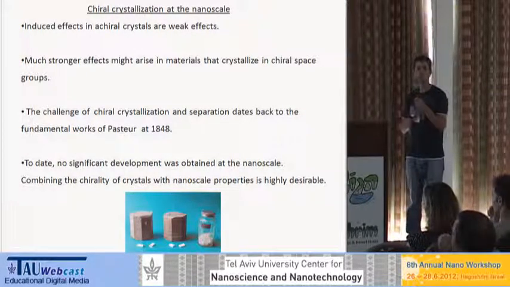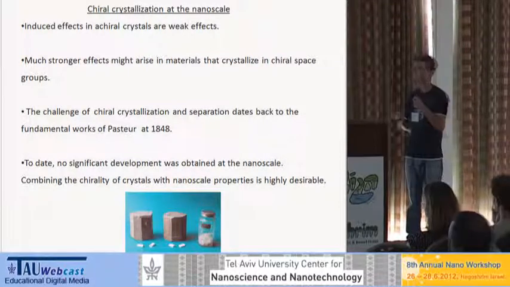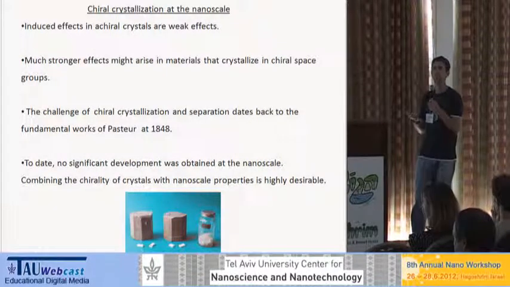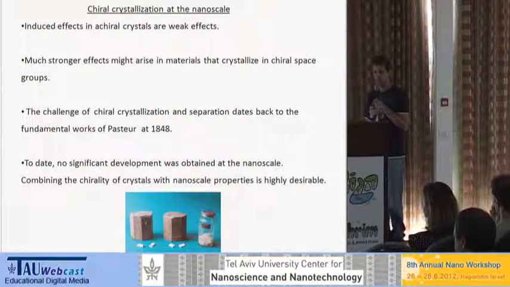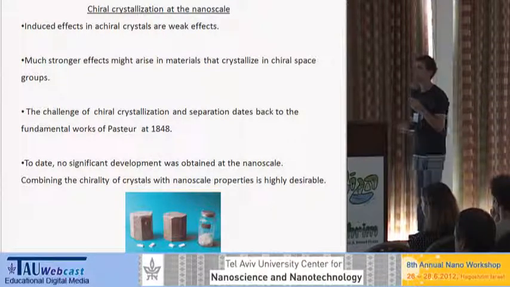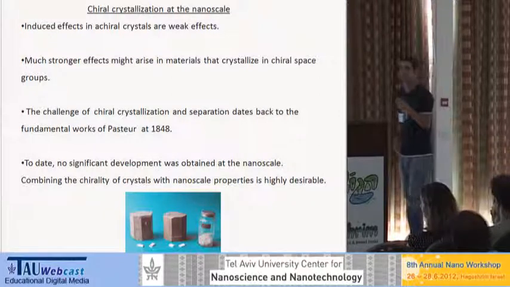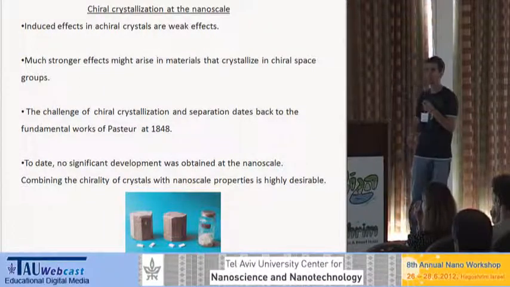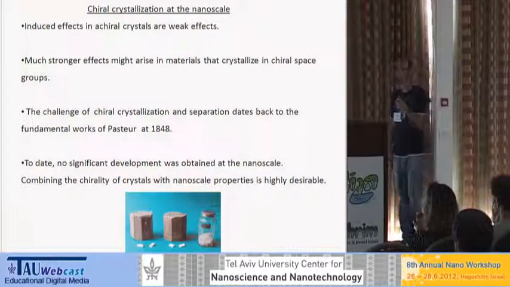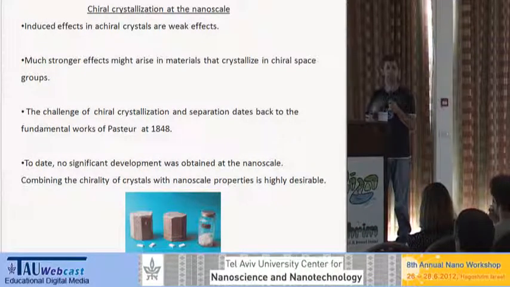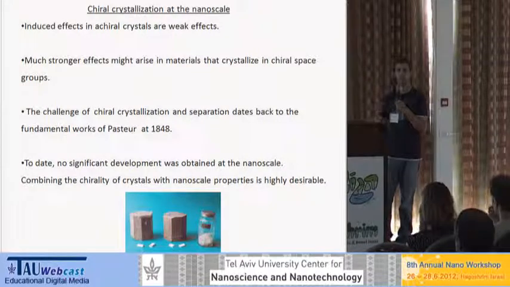And of course, this is interesting because you can take the very special properties of nanoparticles, combine them with chirality, and then you get a new form of response where you can control the optical response of nanoparticles by simply changing the polarization of the light interacting with them. So this is interesting. And we are looking for ways to achieve much stronger effects. And perhaps the most intuitive way is to work with chiral crystals, and that is materials which truly crystallize in chiral space groups. And we went back to the ideas of Pasteur, who did the fundamental work in this field in 1848,